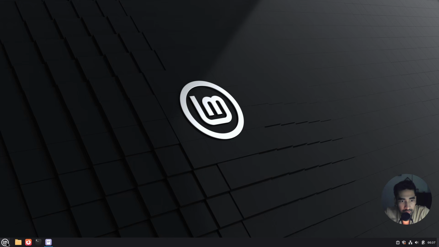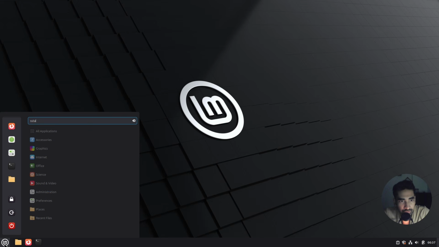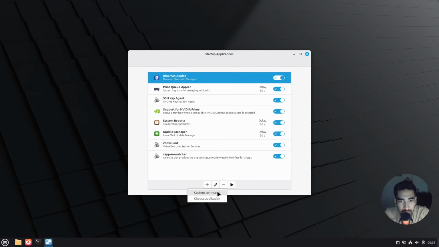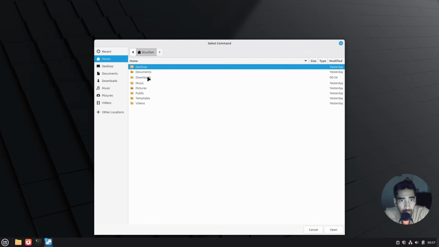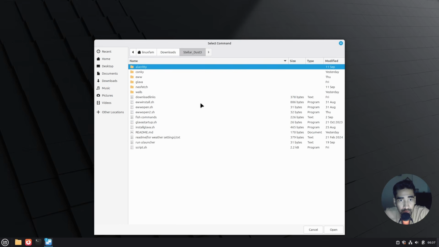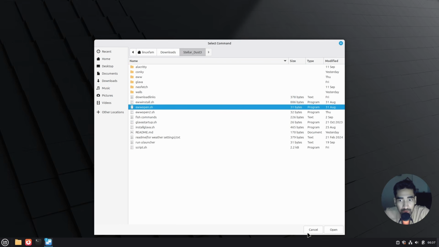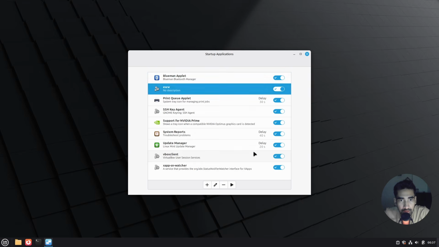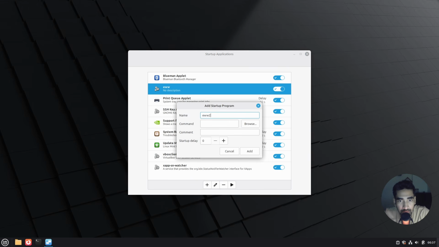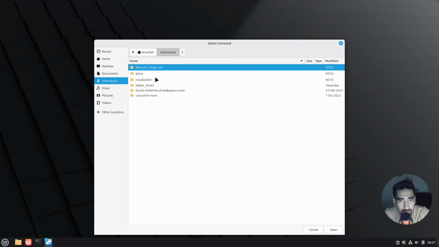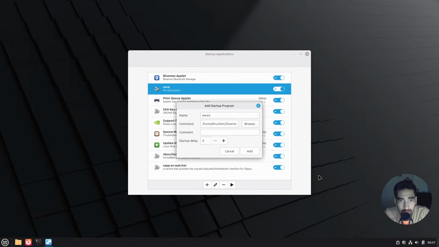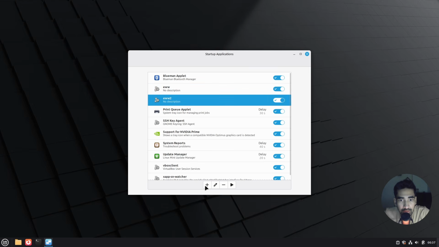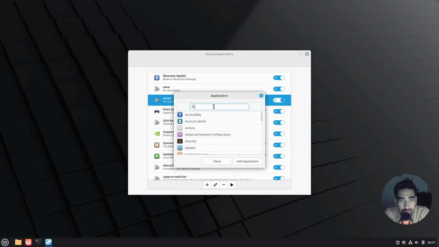So I'm going to close it and then search for startup applications, and then click on this plus sign, click on custom command and name it U, and then go to downloads and then my project file, and then click on uopen.sh, click on open, click on add, and I'll click on this plus sign again, and this time I'll name it u2. Click on browse downloads and click on u open2.sh. Click on open, click on add, then I'll choose the application U launcher,